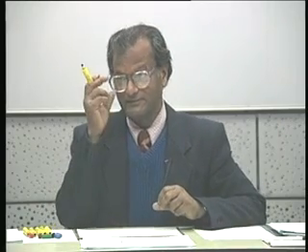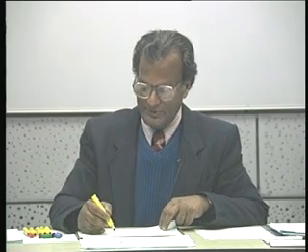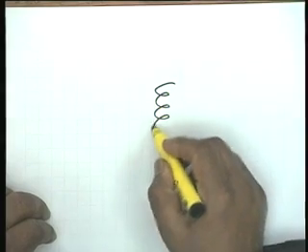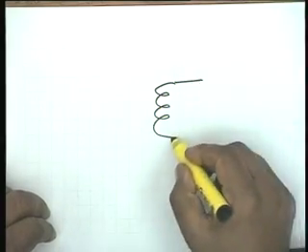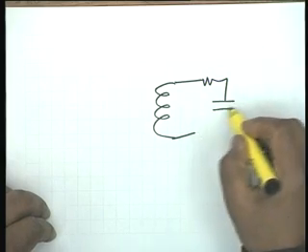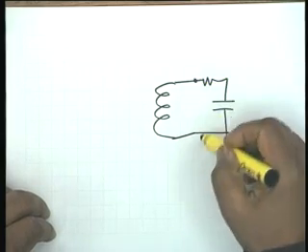Now, that completes the example. Now, if I had taken the output across the inductor, could I have taken the output across the inductor? Yes, sure. Which means, hold it, there is a problem. It will be across R and R. Across the inductor. Could I take the output from here?